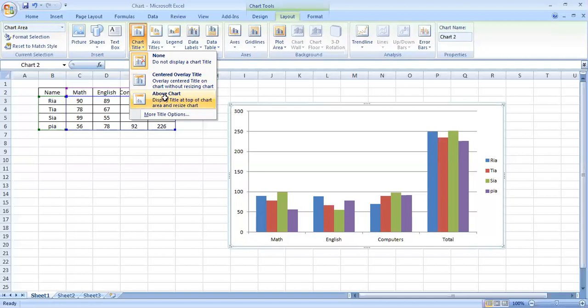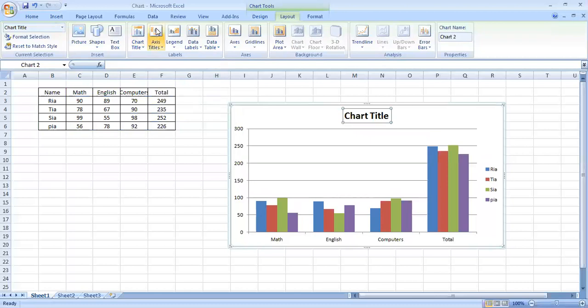So I will click here and it will ask me what kind of name I want to give to my chart. I will select a name, that is student mark list. So you can see now that a chart title has appeared here, which is called student mark list.